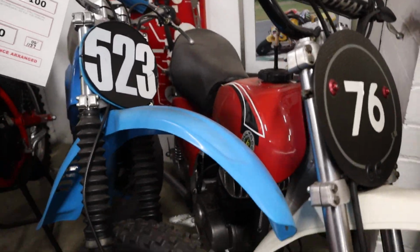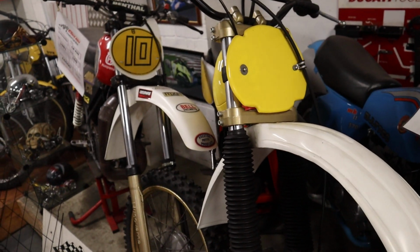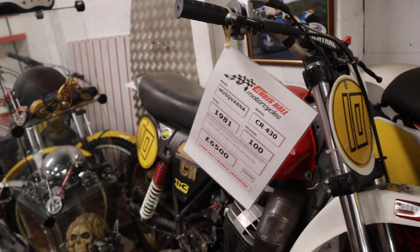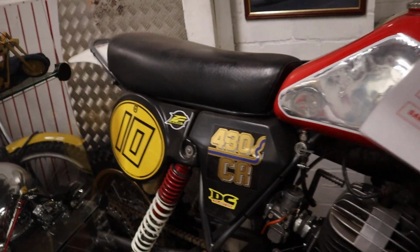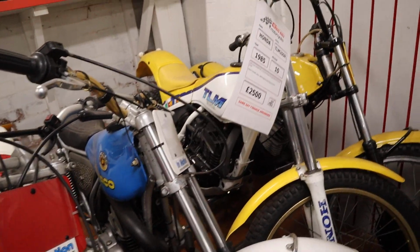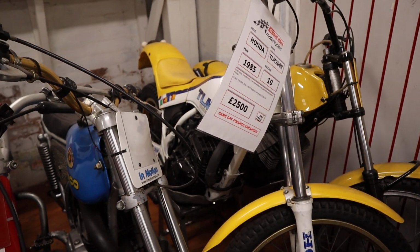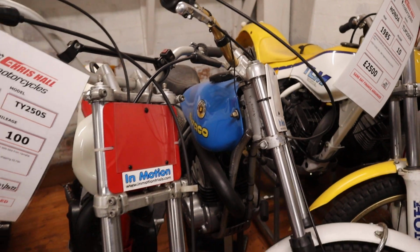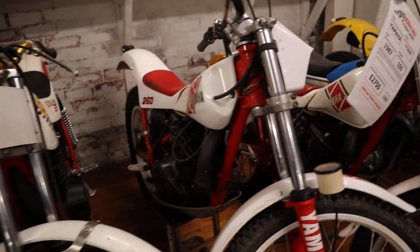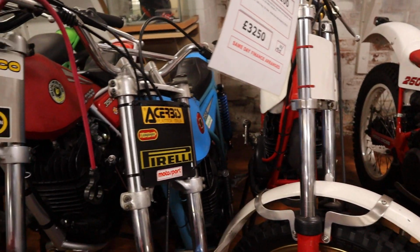We've got a Bultaco 125, a Persang 370, what have we got here? We've got the Montesa 440, the Husqvarna CR 430, Mister's bike that. We'll just finish off these trials bikes while we're doing them. On the end I've got SWM 50, we've got the Honda TLM 200R, we've got the Bultaco 125, the Yamaha TY 250S, another white Yamaha TY 250, Cota 349,